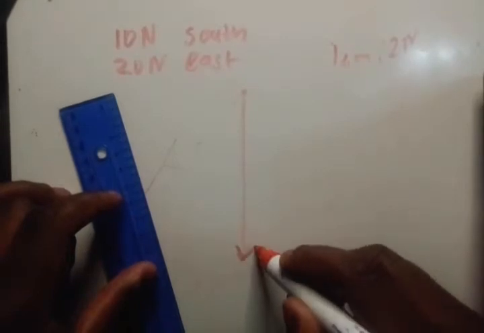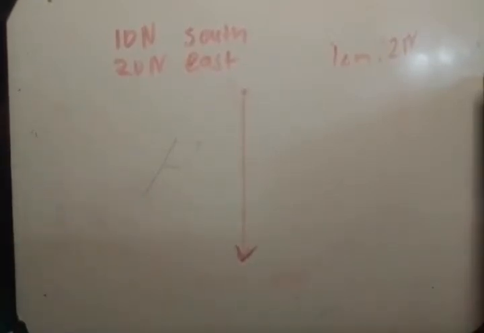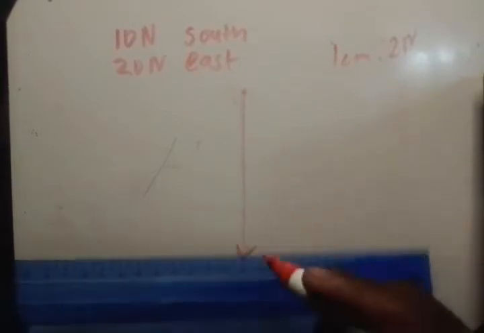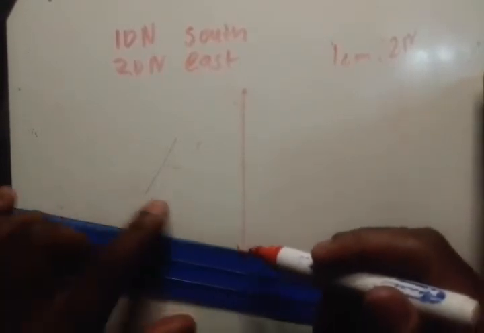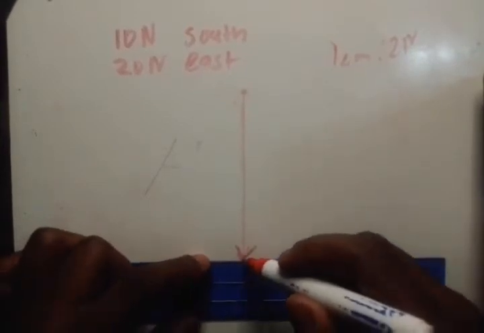Right, so of course my arrow has to face downwards because it's south, and the other one would be 20 newtons to the east, right? So east is to the right, so I have to connect it. I have to start from the head of the previous, because it's head to tail, so I have to connect the tail to the head, so it's to the east. So it would be something like,